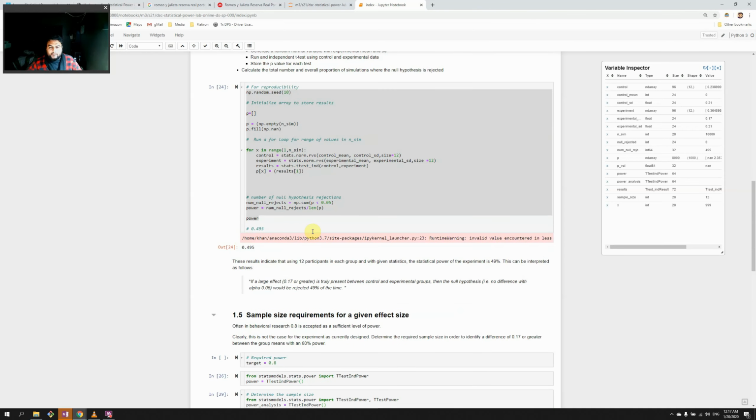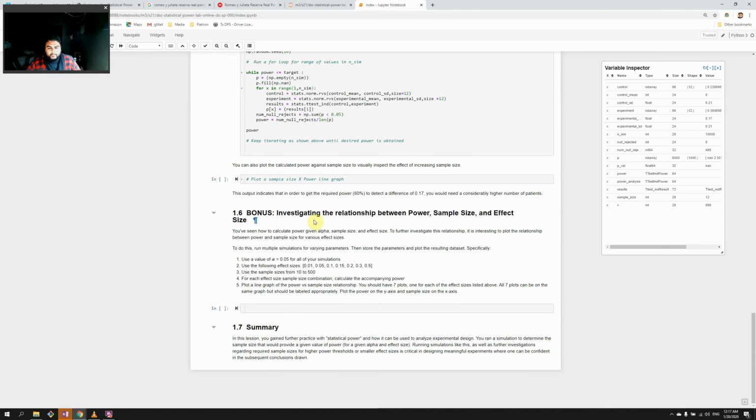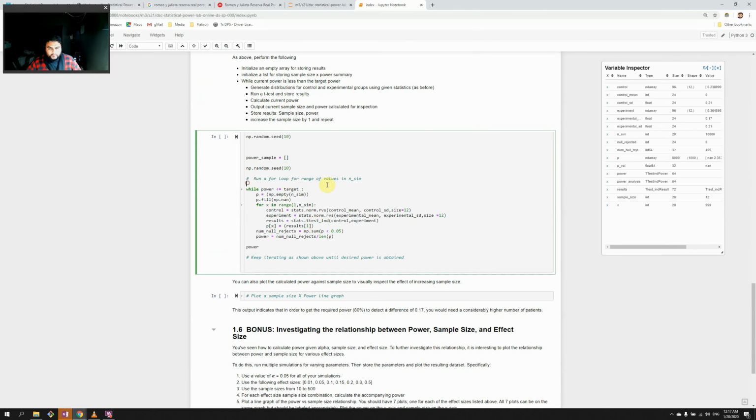Now, if you see up here, the power came out 0.495, and that's when the sample size was 12. So we're going to increment that size until such time as the power hits 0.8. So let's go down and first of all, let's declare size explicitly here is equal to 12, right? And then size is going to be equal to size, and then